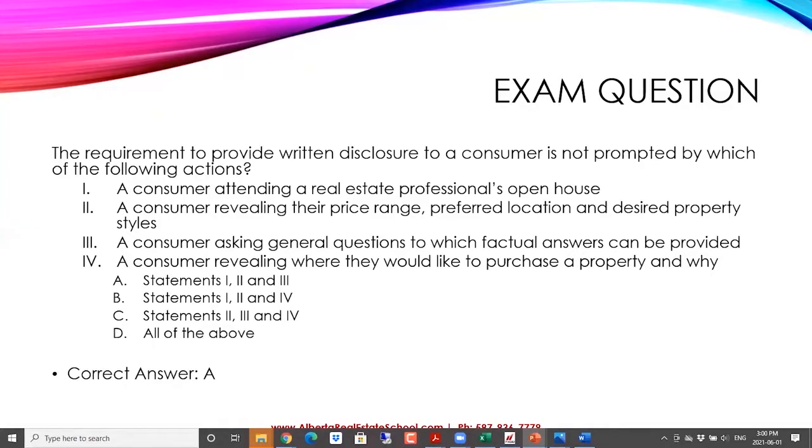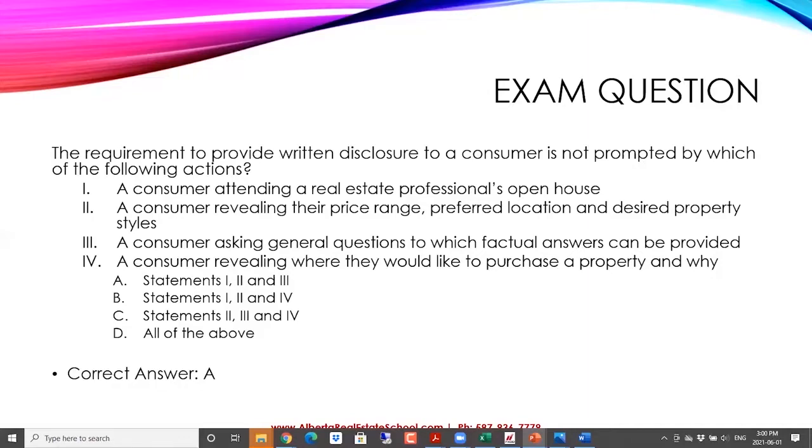So the last one here, consumer revealing where they would like to purchase a property and why. In this case, them telling us where they would like to buy a property is not a problem, but why? Why is basically the motivation. The motivation for a buyer to buy the property, as to why they would like to purchase a property, is confidential information. And so before somebody reveals the confidential information to us, we have to provide them written disclosure,